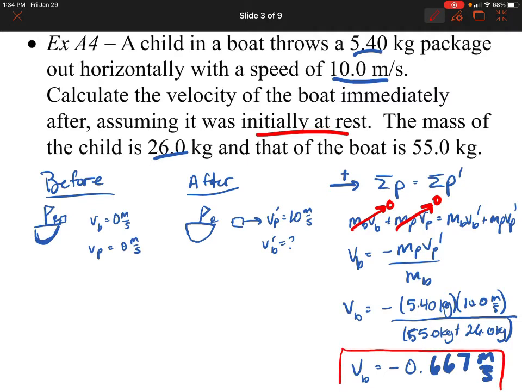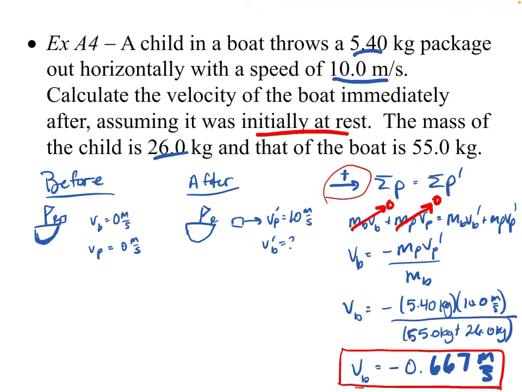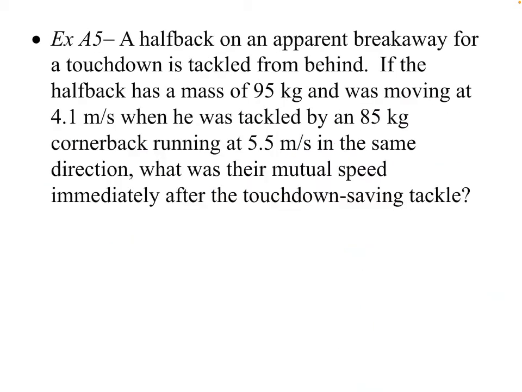Again, my negative there is telling me direction, so I don't actually need to put a direction on there. However, if you did not make this positive here, you still would have gotten a negative, but you didn't define a positive direction. So there, you should probably put backwards or something like that, indicating direction. So if you are not using signage and you are not defining a positive direction, even if you get a negative, you still need to qualify that.